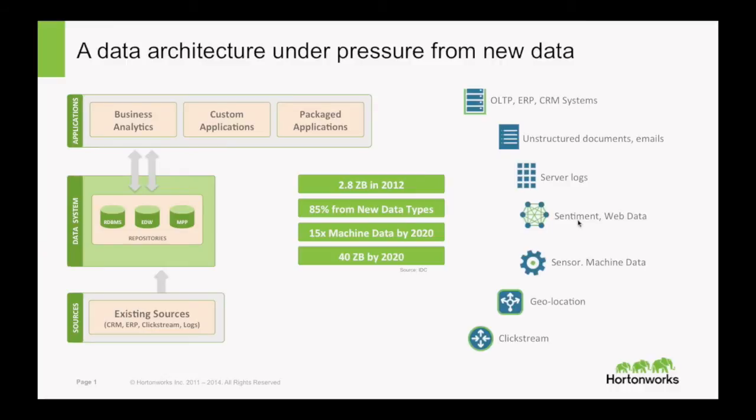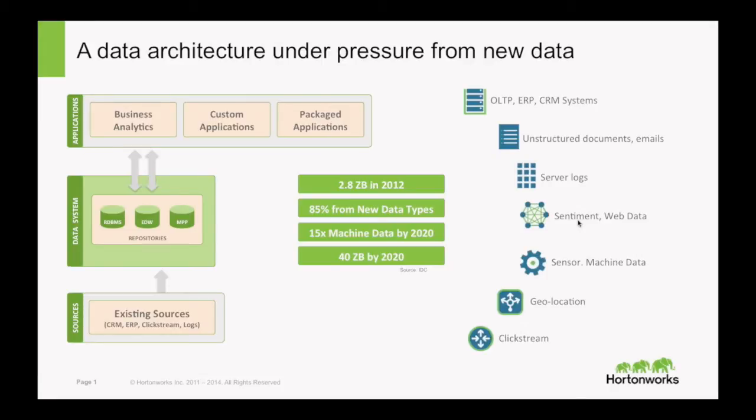So I wanted to start by talking a little bit about how Hadoop plays into the new era of big data, and then we're going to talk about some of the advantages it has for predictive modeling more specifically. But the starting point really is that today, a lot of organizations have a data architecture. It includes a lot of different systems, database management systems, enterprise data warehouses, a lot of data sources, a lot of applications on top of this.